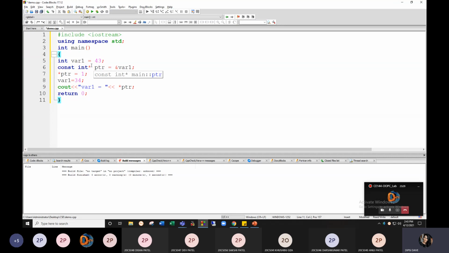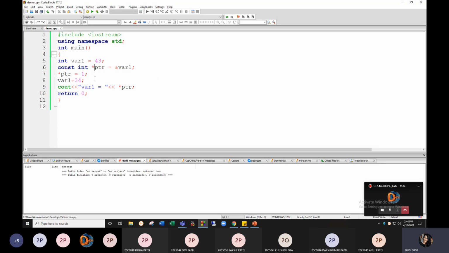Instead of integer star const ptr, it is first const integer star ptr, equals to ampersand var1. That means this pointer can be used furthermore to indicate some other variable, but the value of this variable cannot be changed now. See, star ptr equals to 1.